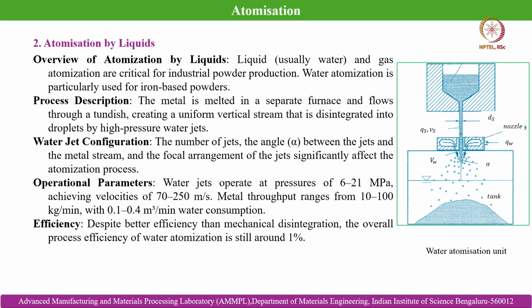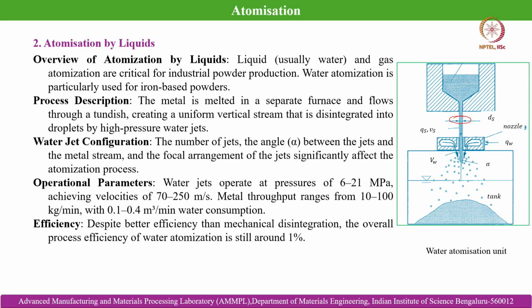So, we will start with the atomization assisted by liquid, that means with a jet of water or with a gas jet. What happens in case of atomization by liquid? If you see the schematic, you can understand this is a typical example of water atomization. You can see over here that this is the tun dish from which the liquid melt is coming out. This is the diameter of the melt stream coming out of the tun dish, and then these are the two jets which are impinging the high velocity water jet,